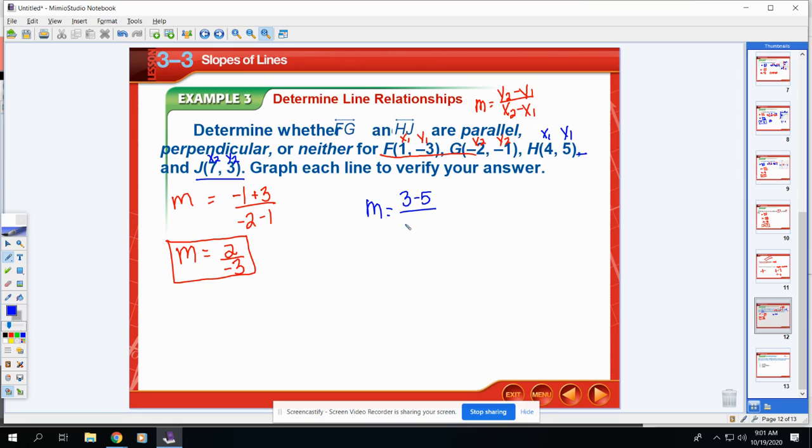X2 minus X1, 7 minus X1, which is 4. 3 minus 5 is going to be -2, and 7 minus 4 is going to be a positive 3. So our two answers here are M is equal to 2 over -3, and M is equal to -2 over